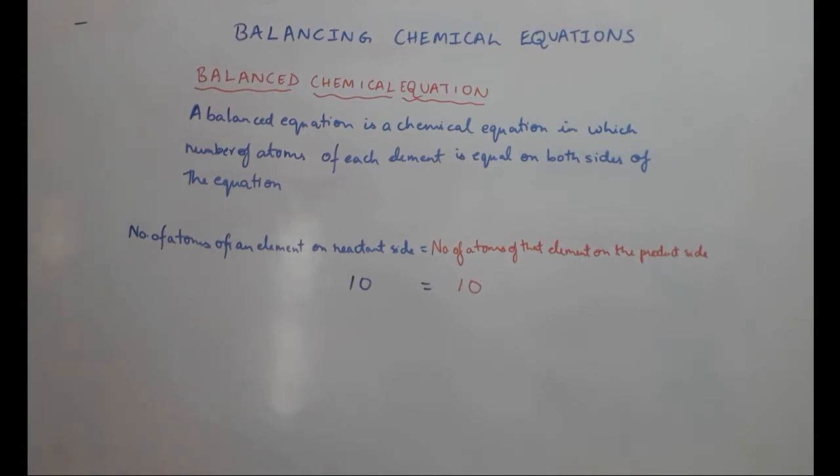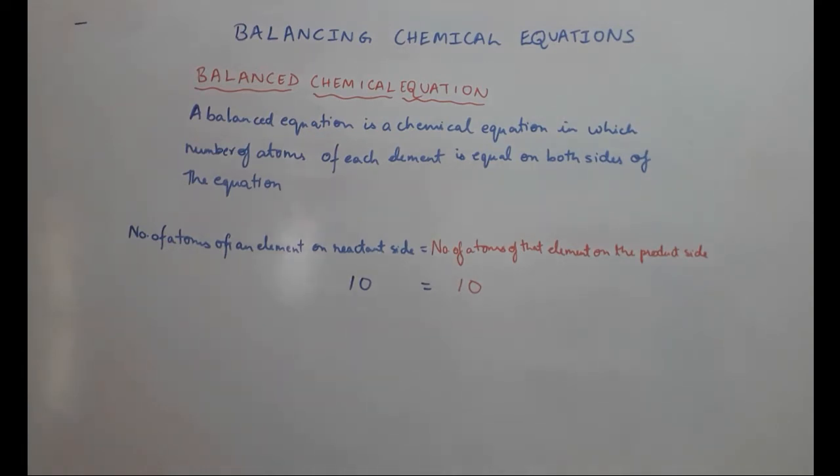So this is in accordance with the law of conservation of mass. As per the law of conservation of mass, the total mass of the elements present in the products of a chemical reaction is equal to the total mass of the elements present in the reactants. So the balancing of a chemical equation is necessary to fulfill this law. The law of conservation of mass has been put down in the description box. You may have a look at that. So we'll proceed with